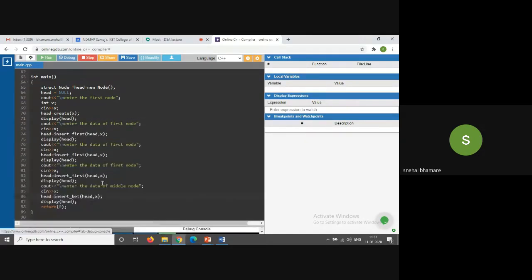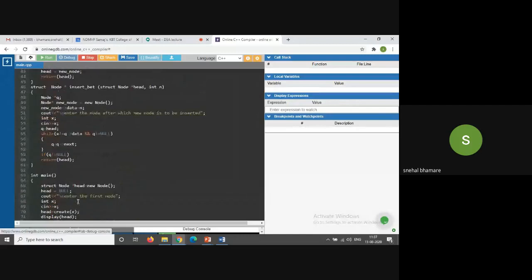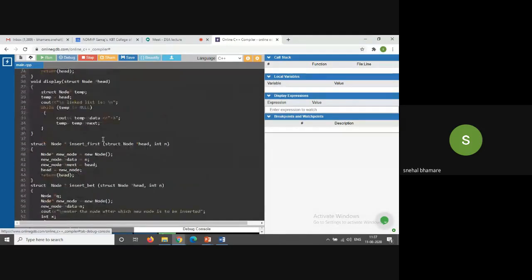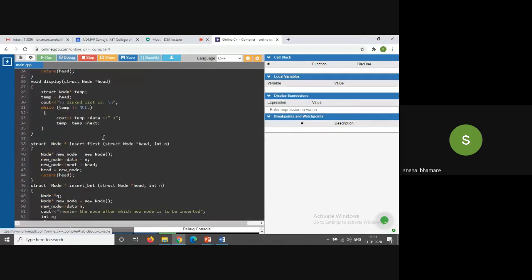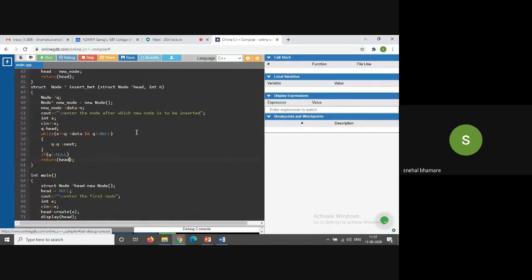Okay, we'll check the code again. Something has gone wrong over here in this part. Head, insert in between, display head. So insert in between has been gone. Return head, we have done the return head function also. Okay, what's the problem? Enter the node after which is to be inserted, x.